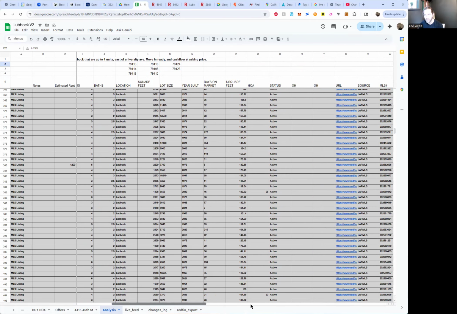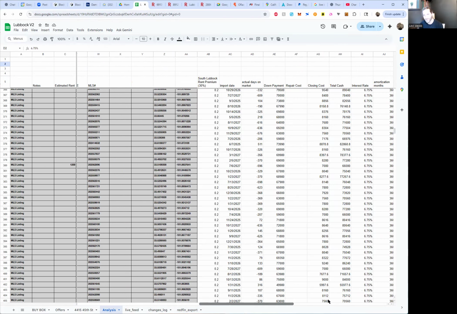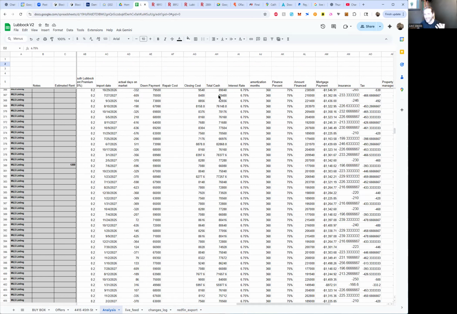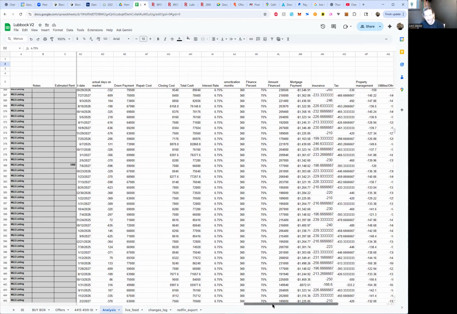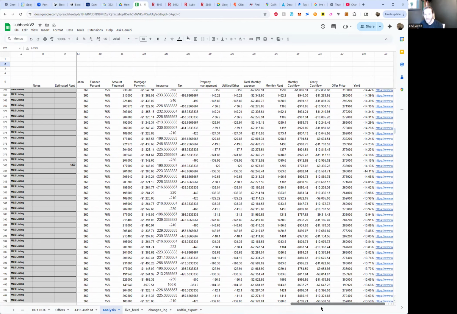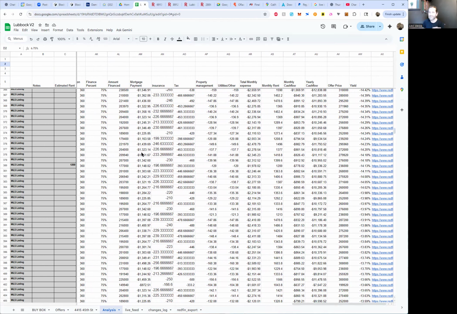So back to the analysis, you got to know your closing costs, your total cash in the deal, the interest rate, which is going to be very important, the amortization. I like to keep it at 360. There's a lot of talk about a 50-year mortgage now. And then all the stuff that's going to come out. So your taxes, your insurance, your property management, your vacancies, your repairs, and